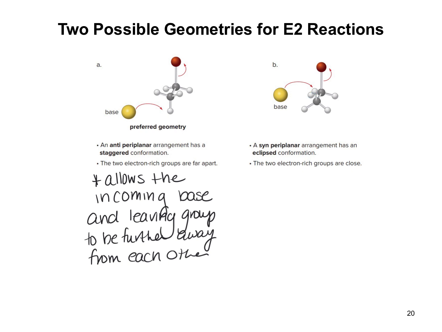And so if we, by comparison, look at the syn-periplanar arrangement, here they're eclipsed. And because they're right here and eclipsed, they're pretty close to each other, and when the base comes in, that's in a position that's pretty close to that halogen as well. And so that base has a lot of negative charge, the halogen has a lot of negative charge. They're just really too close for that to be super favorable. So by keeping these farther apart, this is a more preferred favorable geometry. So what we find is this is the preferred geometry for any alkyl halide undergoing E2 elimination, whether it's cyclic